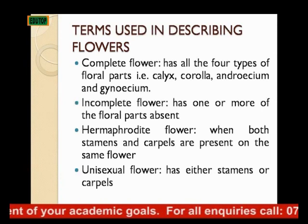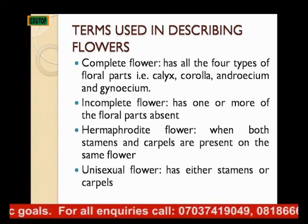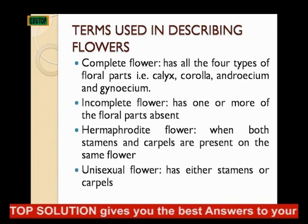Then you say a flower is a hermaphrodite flower when both stamens and carpels are present on the same flower. Both stamens and carpels are present on the same flower, you say that